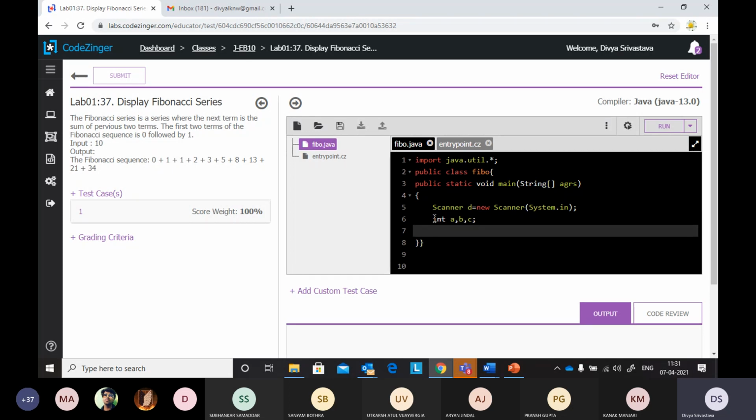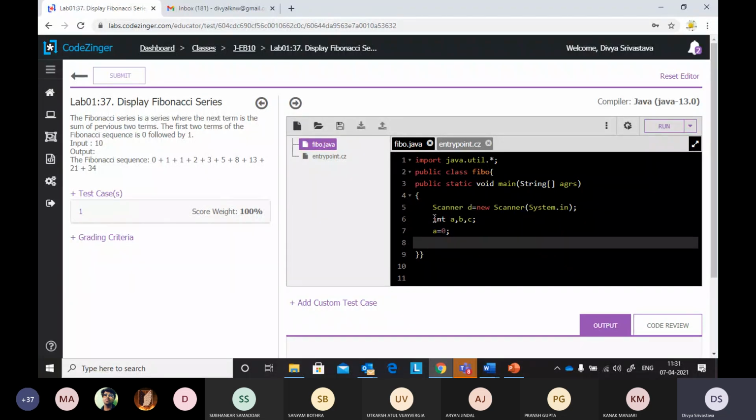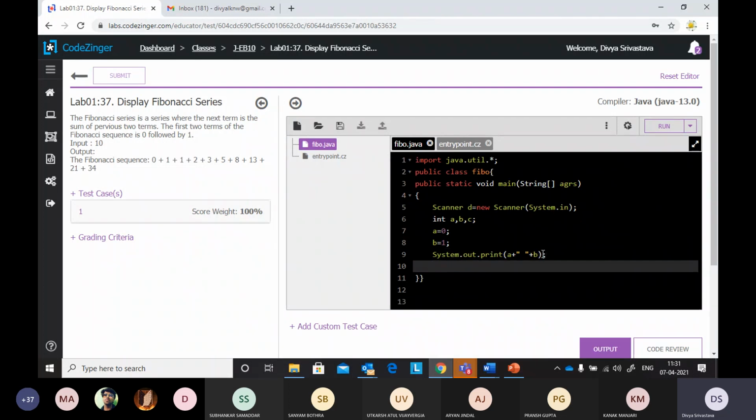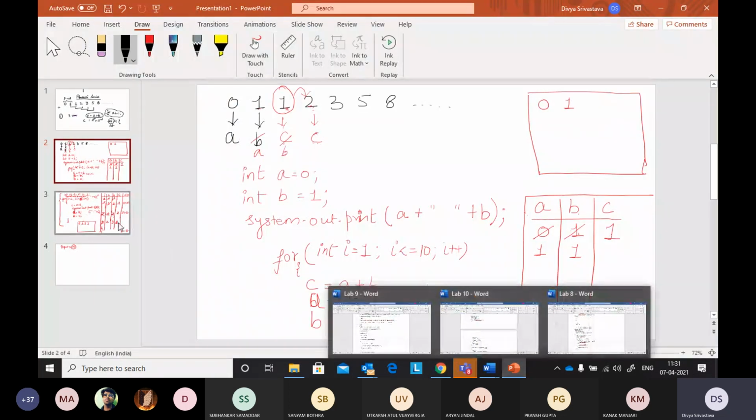Initially the value of A is 0, which is fixed, and the value of B is 1, which is fixed. I can print System.out.print A plus space plus B, and semicolon. See, I have written the same statement that I have written here.